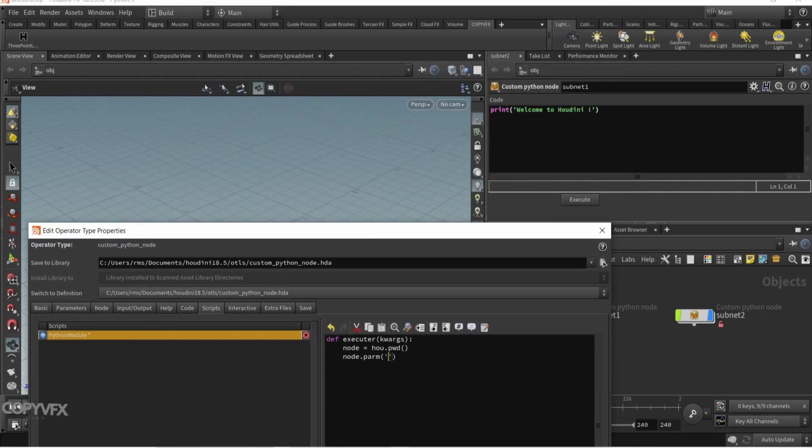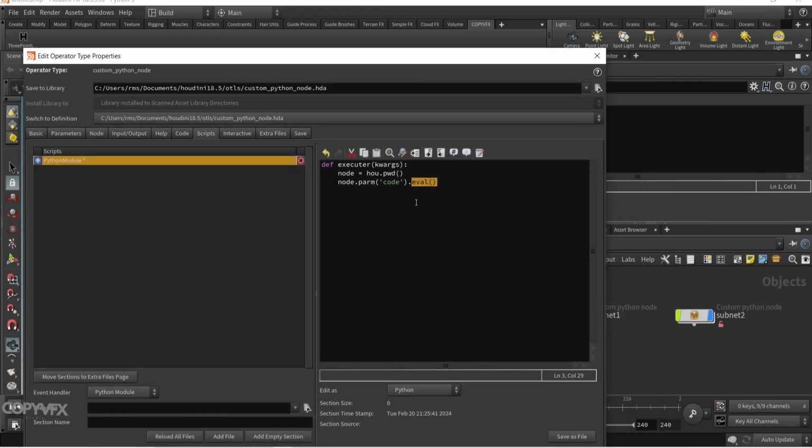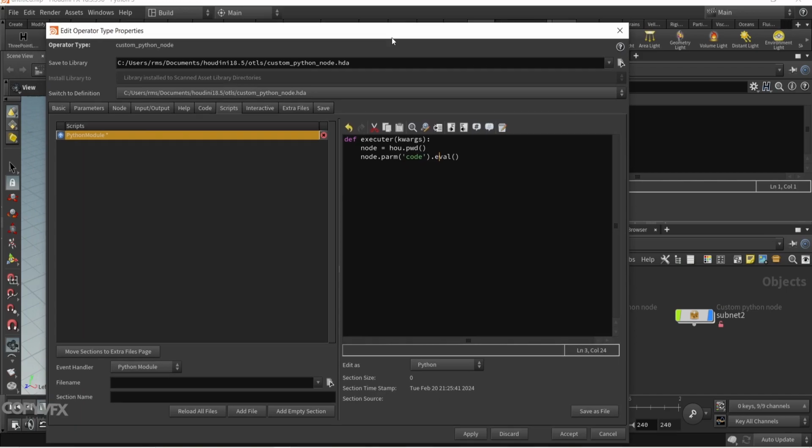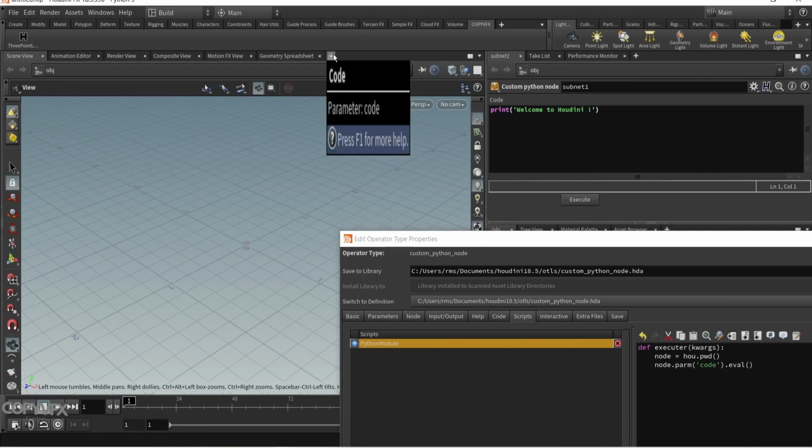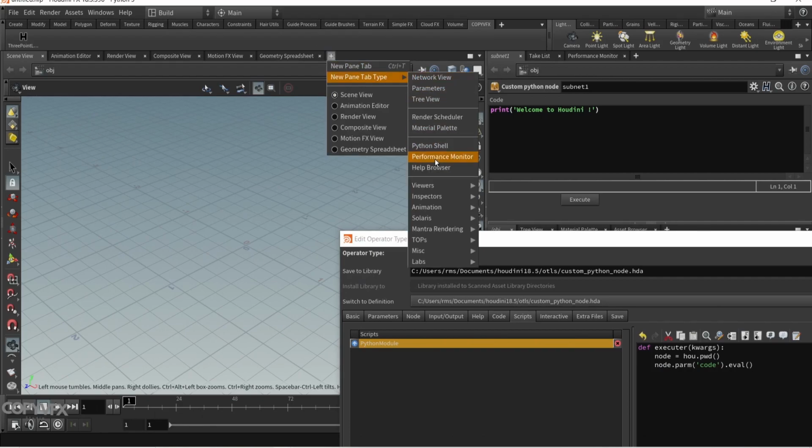The name is code in small letters. Then we need to evaluate what's written. So we are using the eval function. It's eval, all in small, and apply. Okay. We will open the Python shell